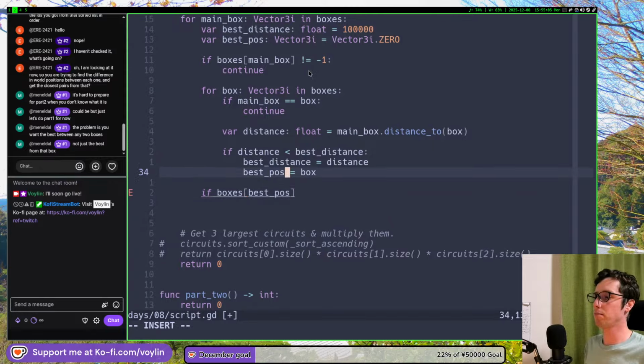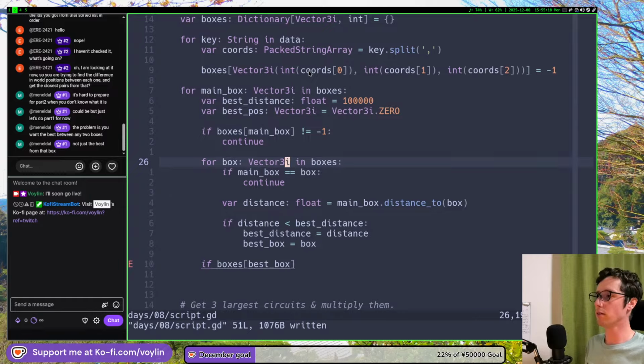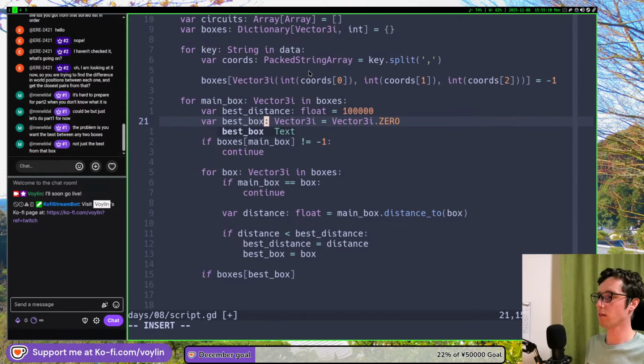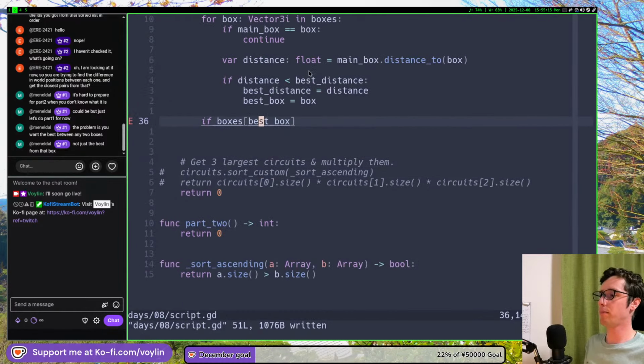I should probably call it best box. We'll make it a little bit more readable. So I got the best box. If best box is already part of a circuit,